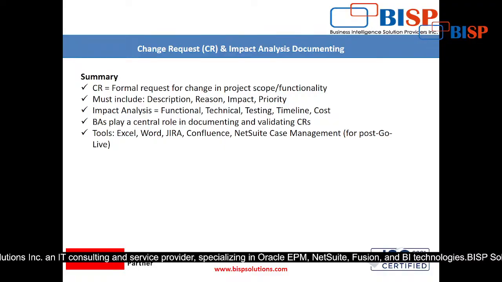Description: whatever you are asking me to do, give me the description, and why you are requiring some changes, then what impact will be caused by that change, and then the priority, whether your task is really a P1 task or not. Then